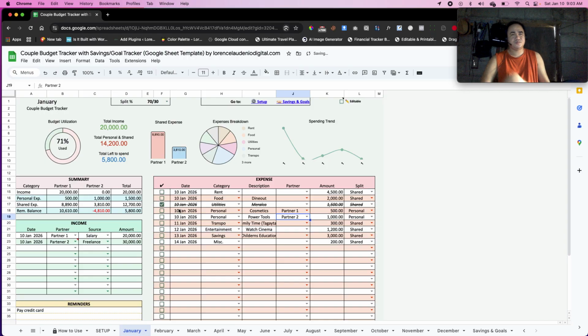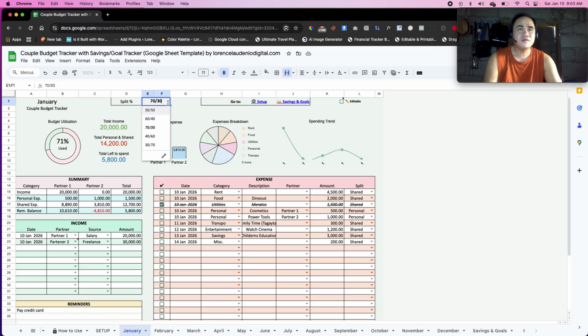Okay, so here's an example. All the data, or the chart, is automatically updated based on the data we have entered. So let's select it back from 70/30 to 50/50. Okay. So as you can see also here in the summary, quarter two owes